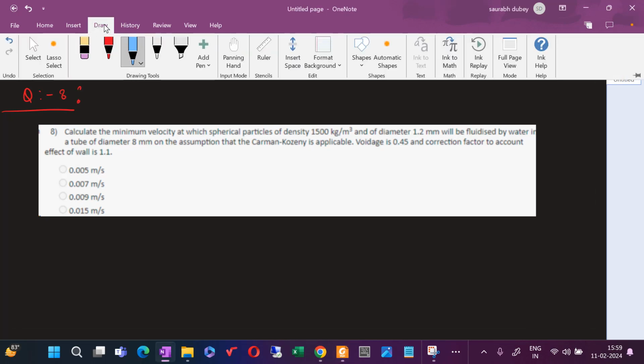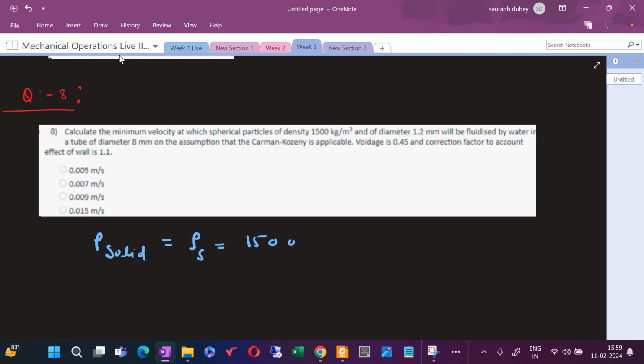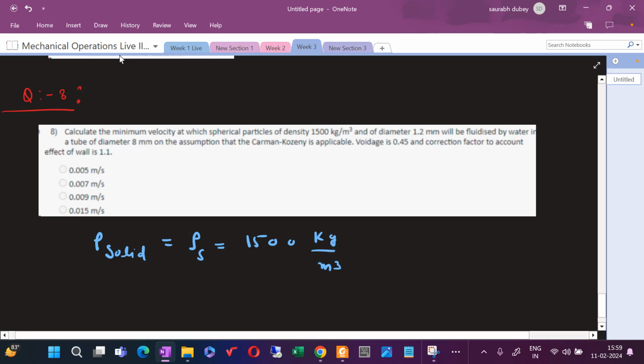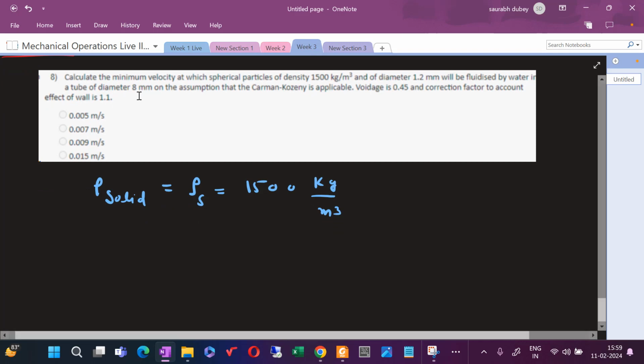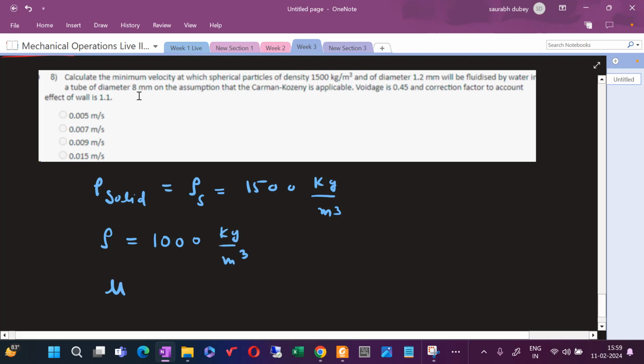Let me change the color. So here the density of the solid is given. This is the density of the solid and it equals 1500 kg per meter cube. Also, you are given the density of the liquid. Here water has been given, so the density of the liquid is 1000 kg per meter cube. The viscosity of the water, you know,